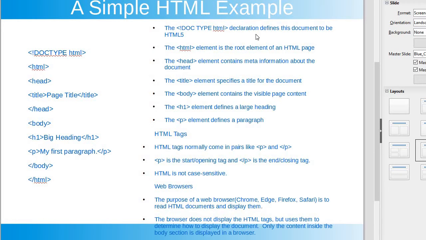The doctype HTML declaration defines this document to be HTML5. The HTML element is the root element of an HTML page. The head element contains meta information about the document. The title element specifies a title for the document. The body element contains the visible page content, like the content which you can see on your web page